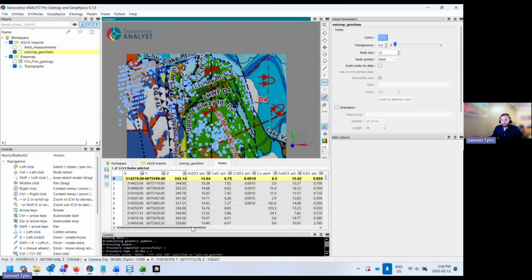So on that note, let's take a look at maybe our copper value in the outcrop geochem and try sorting that one. So sorting,